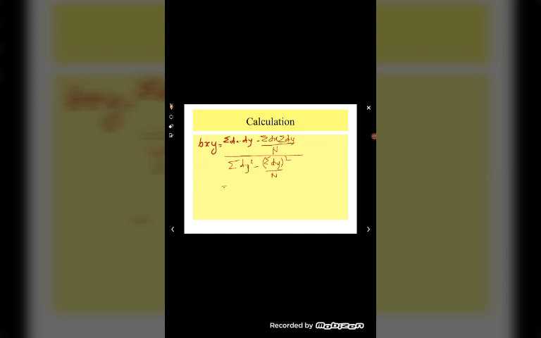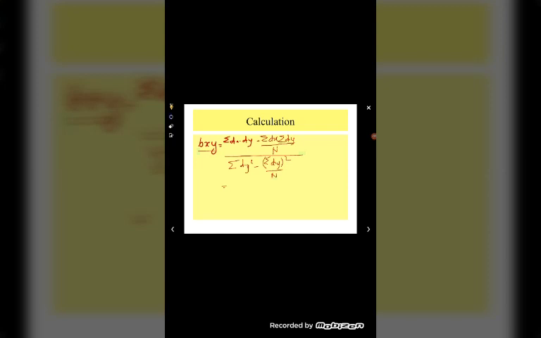Now the table is calculated. Now we have to apply the formula. In order to find the regression coefficient, the formula is bxy equals summation of dx into dy. Somewhere it is written as summation of x into summation of y, but here it is written dx into dy. Altogether both of the things are the same. That is summation of dx dy minus summation of dx into summation of dy divided by n, whole divided by summation of dy square minus summation of dy the whole square divided by n.